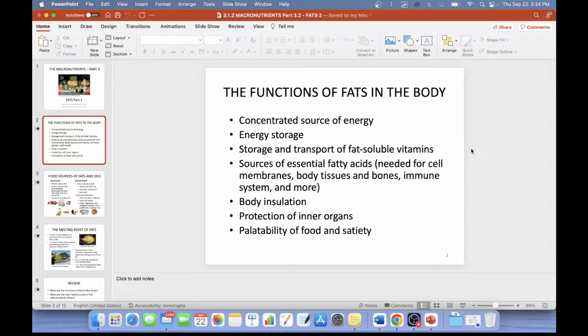So when we eat food that is not capable of triggering that signal of satiety, then we have a tendency to keep eating and to overeat. And that is why low-fat foods have been responsible for a lot of overconsumption